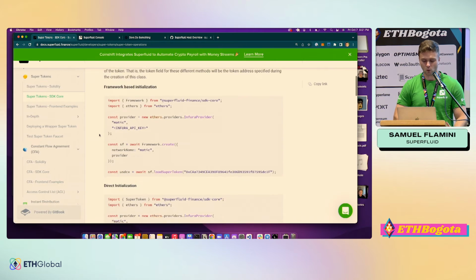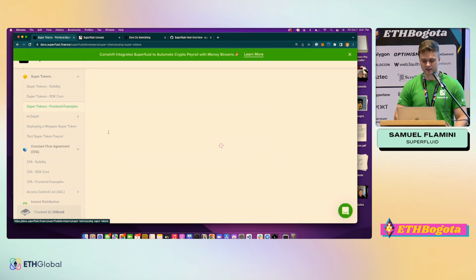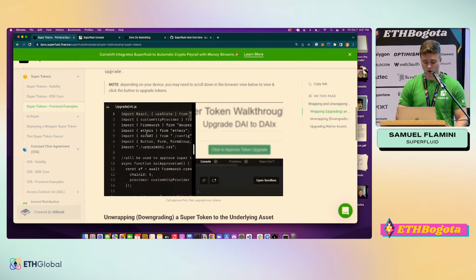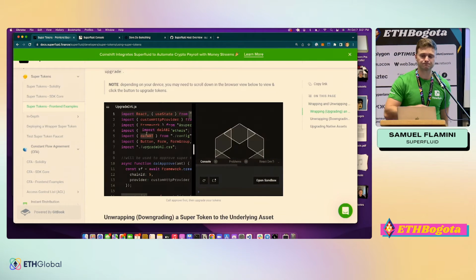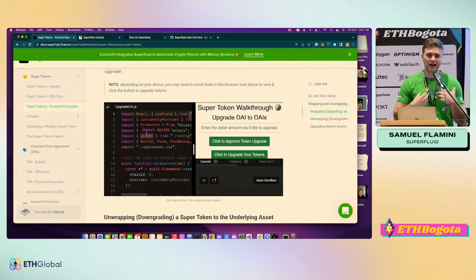We'll walk you through how this works. And then we have an example here that's just like the other interactive ones, where you can just call the upgrade function to wrap those tokens, right? That's the only thing you have to do. But if you already have those wrapped DAI in your account, no, you just call that function and boom, you're good. Make sense? Cool.